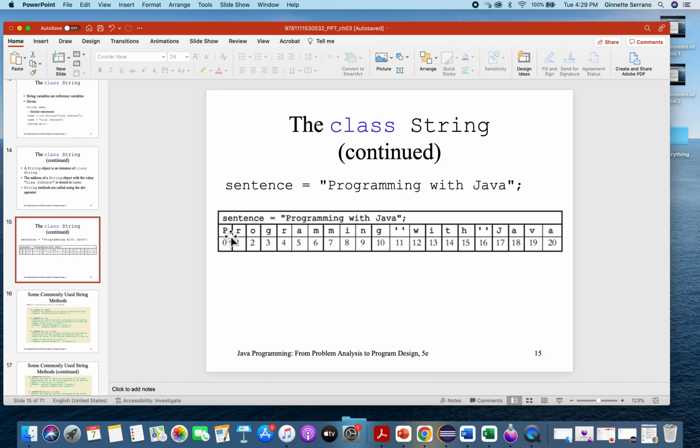So notice that the P is at 0. This is an index, so it's at sentence 0. And R is at sentence 1, and O is at sentence 2, etc. And I think I mentioned this yesterday, but there's some math that goes on here where you get to add 0 to the address, where 0 added to the address that's stored in sentence gives you this space right here. So sentence points to sentence of 0, and then 1 added to this takes you to the next